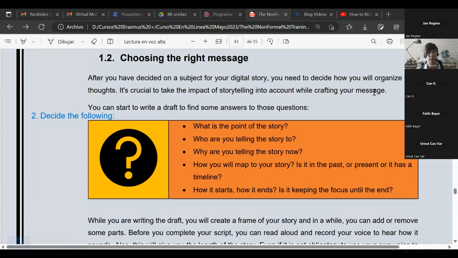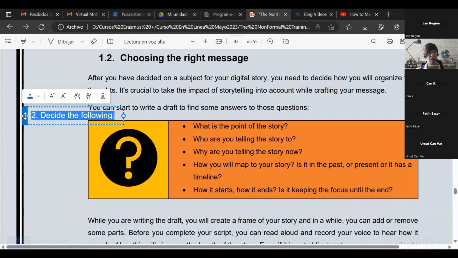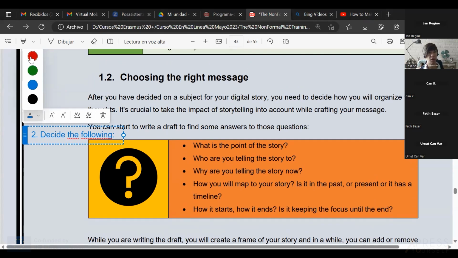Now, we were talking about how to choose the right message for your audience. And I was giving you a few questions here to help you guys on that right message. And I want you now to decide the following and write it down about your story before we chose the topic.